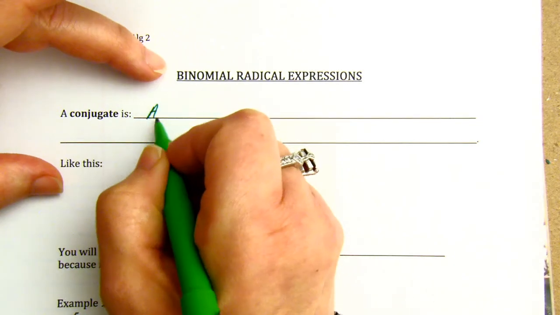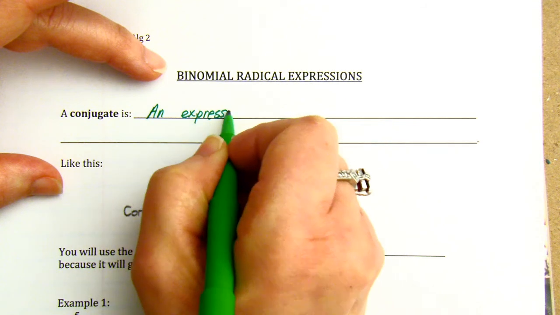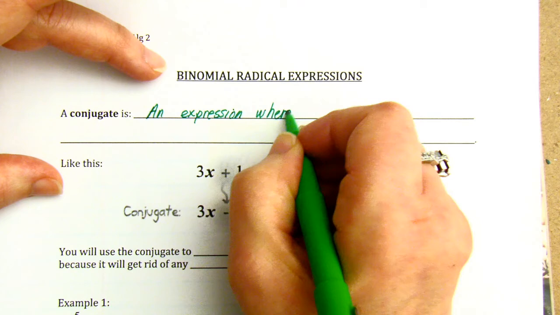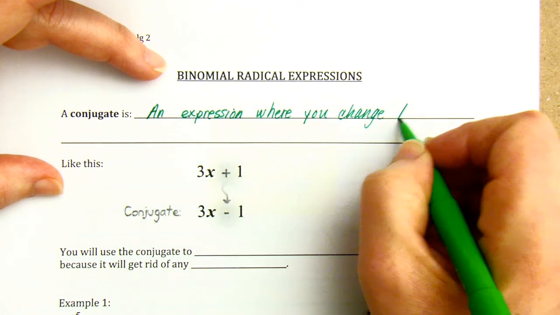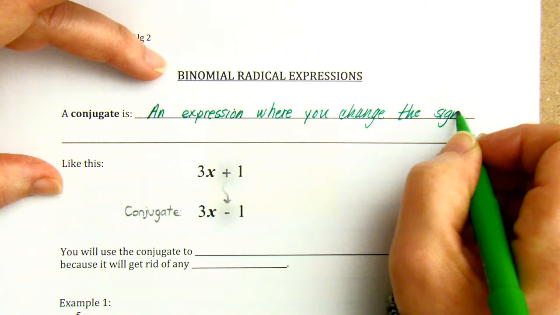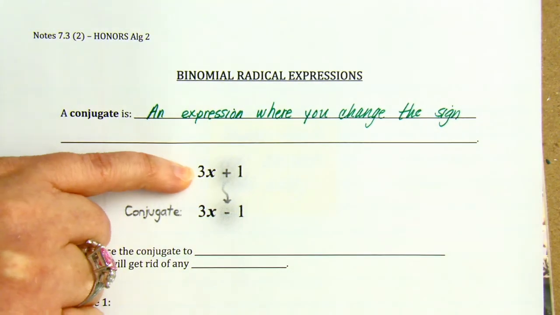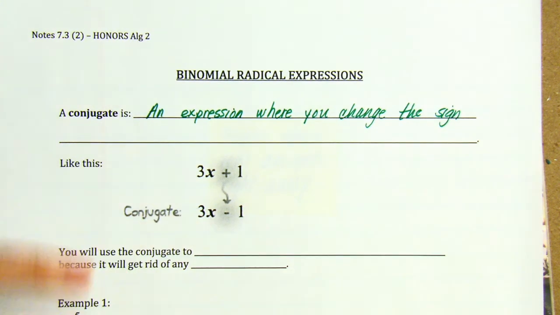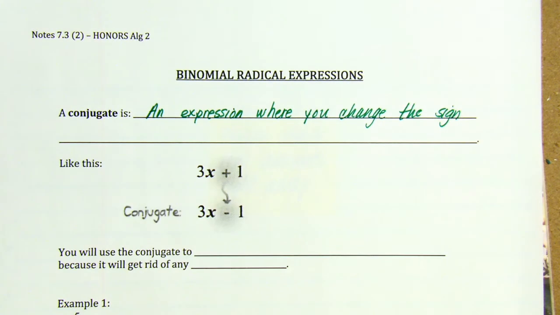Conjugate is an expression where you change the sign in the middle. So if I look here, this says conjugate, right? So I have an expression, 3x plus 1. I'm going to change the sign in the middle from plus to minus. And this would be the conjugate. So the 3x stays the same, the 1 stays the same. The only thing that's changing here is the sign. So a conjugate is an expression where you change the sign in the middle